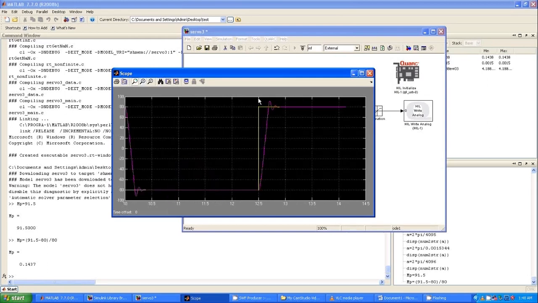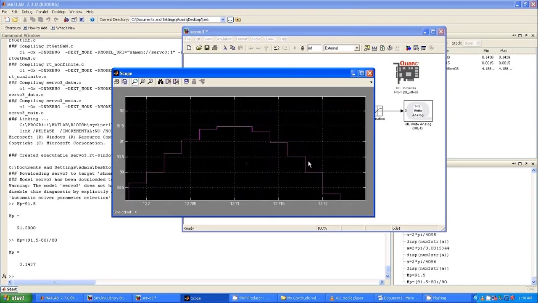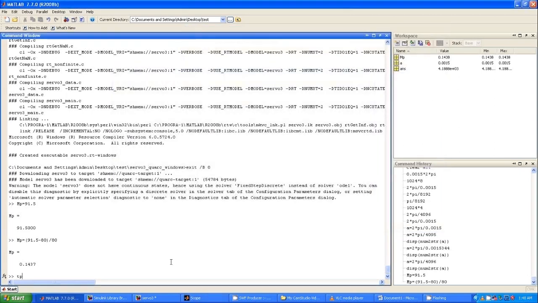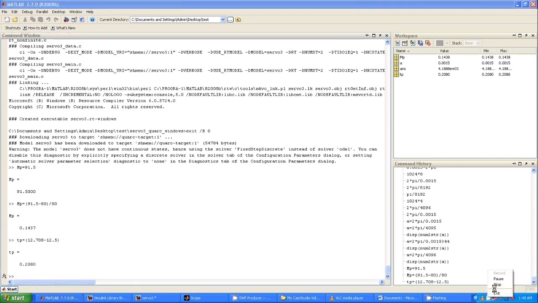See, we are observing for the step which is applied at 12.5 seconds, and see, the peak time is around 12.708 seconds. So peak time is going to be 12.708 minus your starting time, that is 12.5. So peak time is going to be 0.208. So now we know the maximum peak overshoot as well as the peak time of the closed loop system.